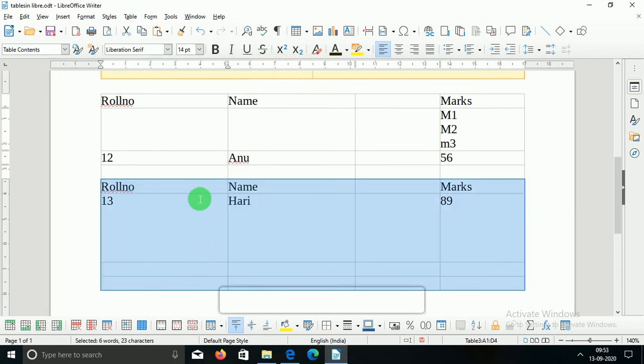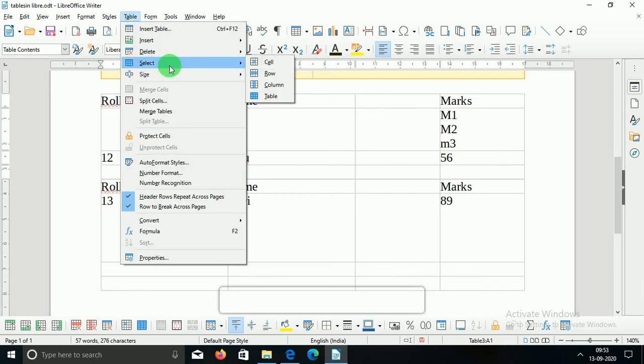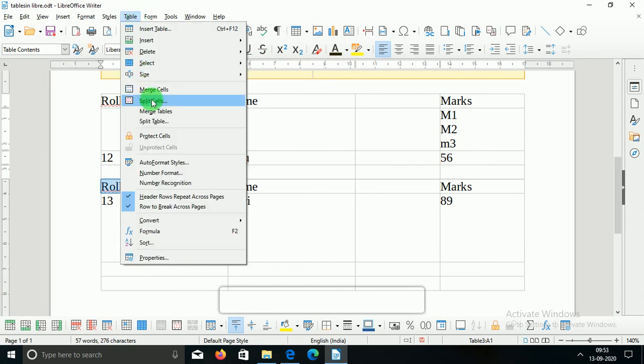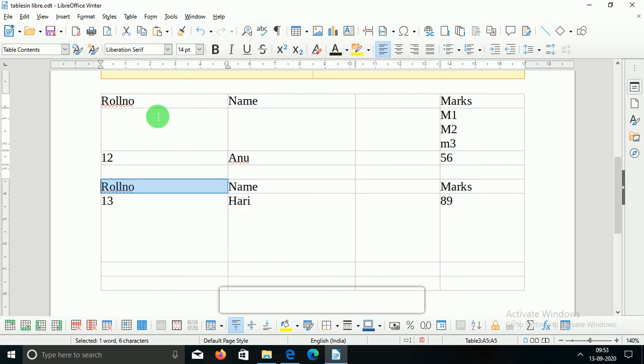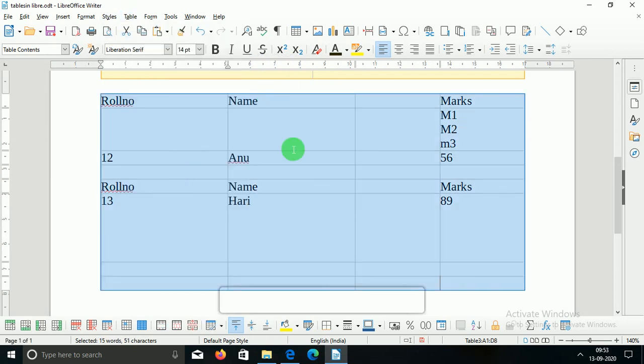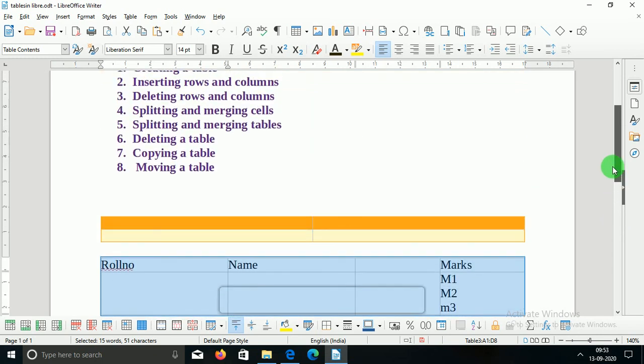That means they are not merged now. So to merge them, just select any cell, like this cell I select, any cell you can select, okay, and then just go to Table and click Merge Tables. And now when I select the table, you can see this has become the whole table, okay. So that is how you can merge the tables.